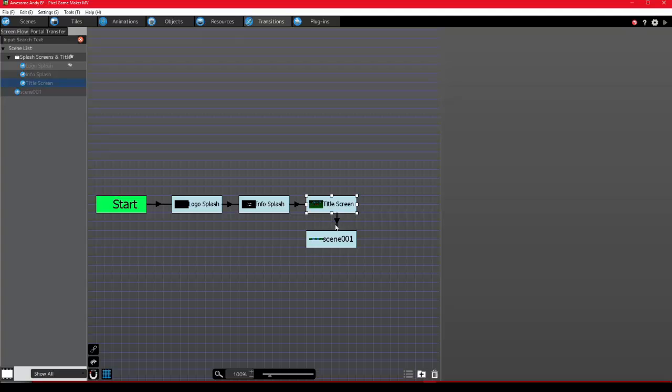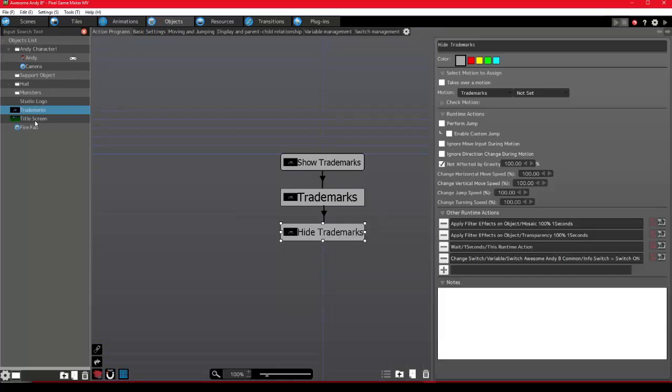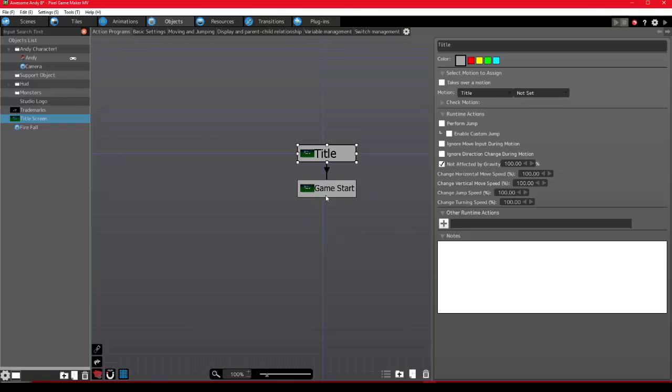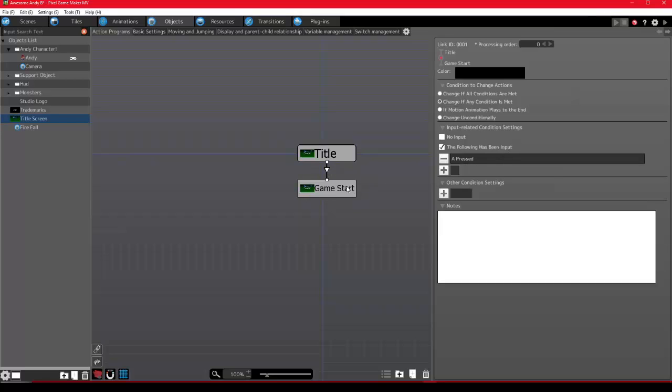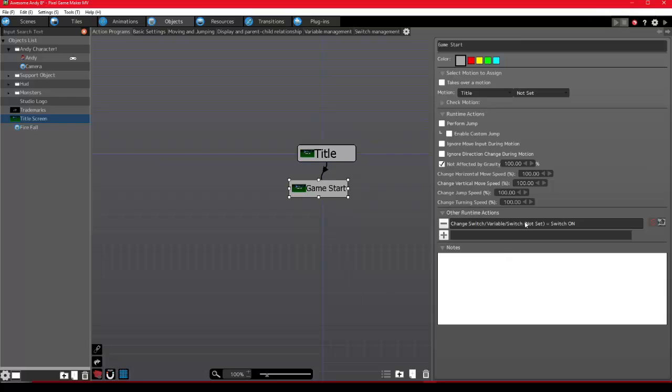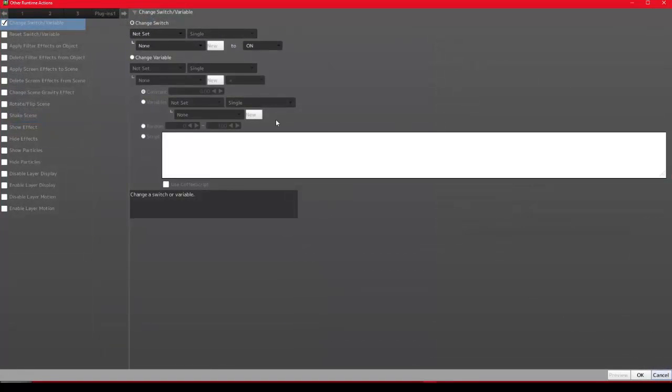The very last one is for the object for the title. I've got nothing special added to that. So what happens with the title is there's really nothing. This tells it the game to start. So right here, if you press a button, it'll go to this thing, which flips on this switch, which is the